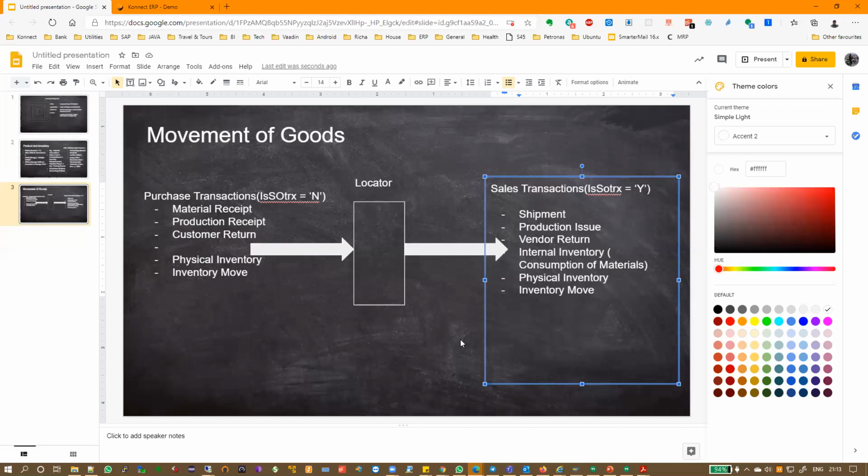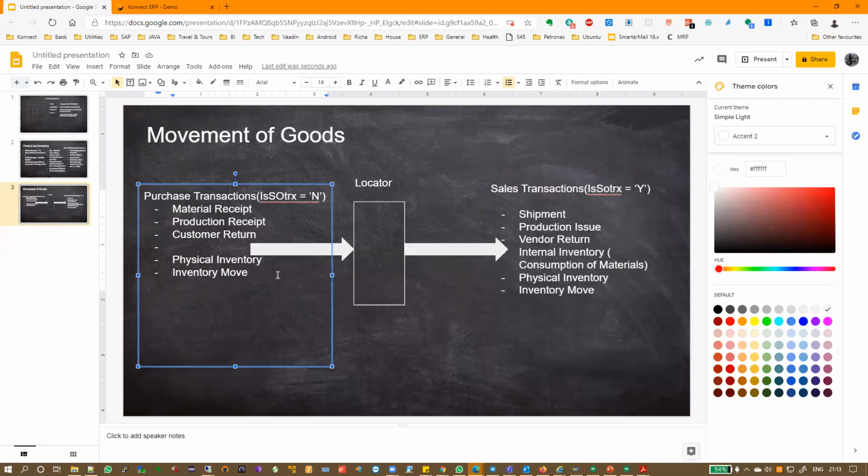Any other transaction? Goods inward, outward. What inward, outward? Okay, shipment. There is still one more transaction which is missing.